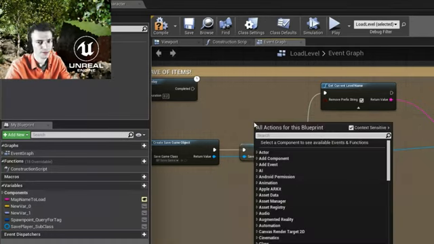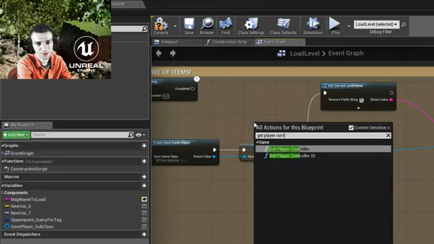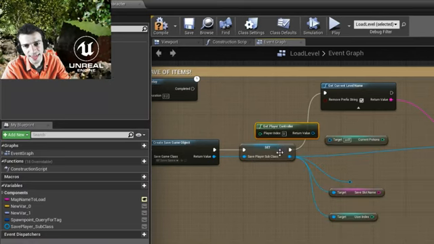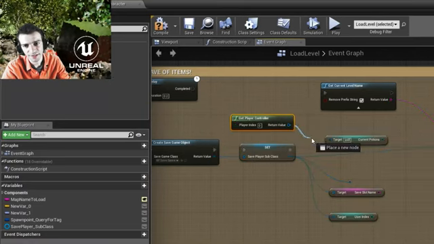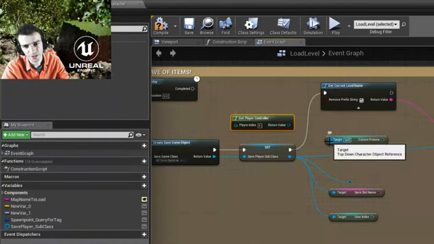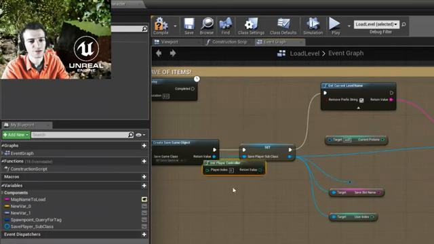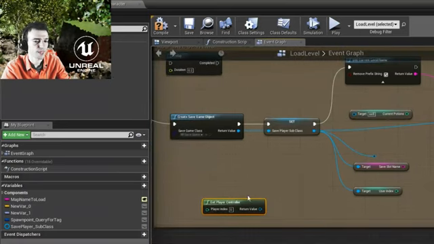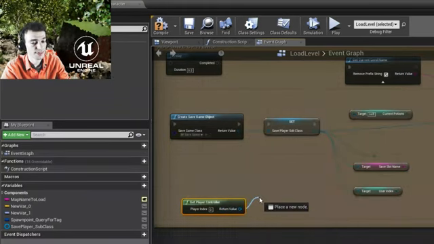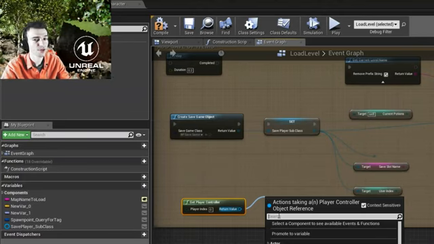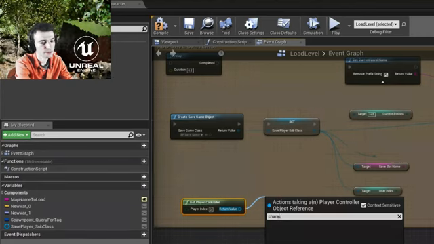Oh God. Get player controller. Yay! So basically, player controller, and this is a top-down. Okay, so I get the player controller. So that means basically I get the actual player that's playing the game with its controller, and from the player controller I have to get the character player